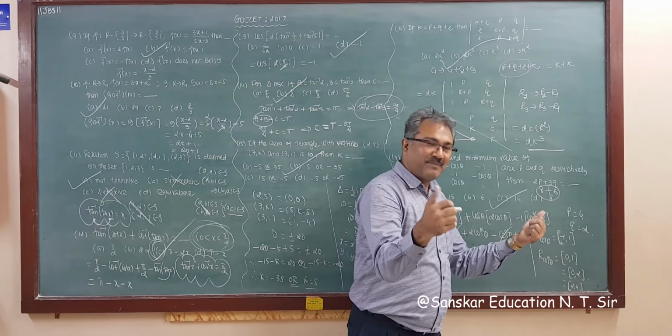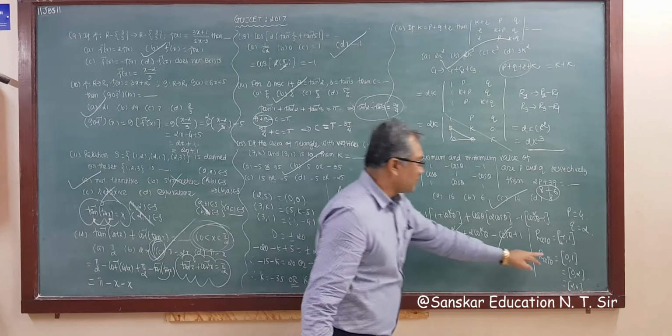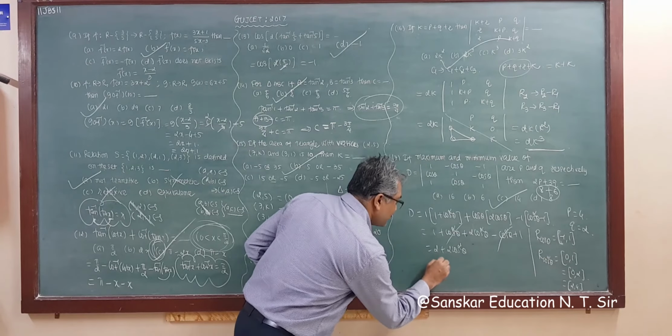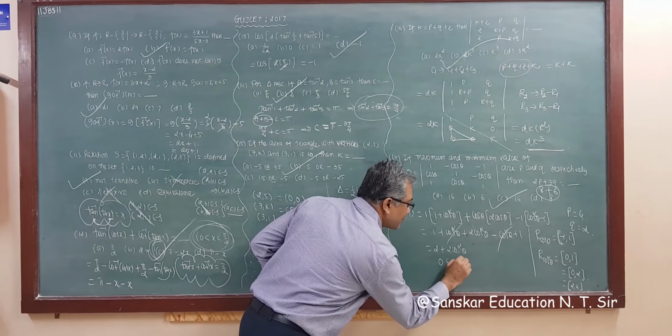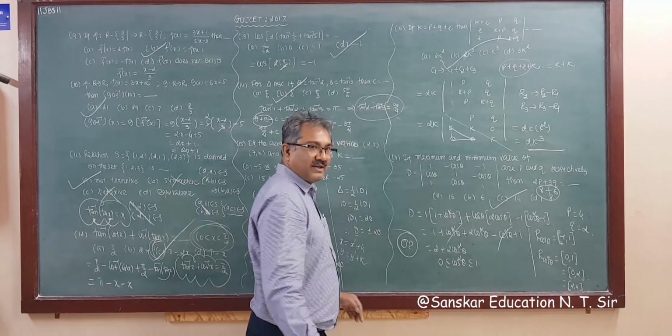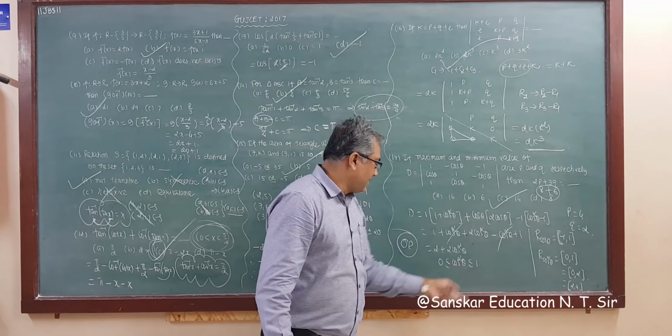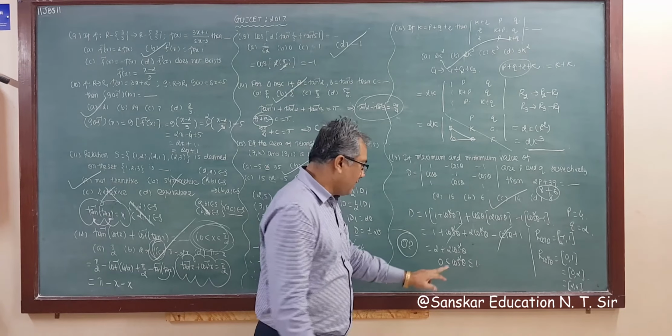Then the simple method. Your ordinary method is this. You know, the range of cos square theta is 0 to 1. So 0 is less than or equal to cos square theta, which is less than or equal to 1. So this is another method. This is a very shortcut method. No need to write down this whole step and waste your time. Right? Multiplying by 2.